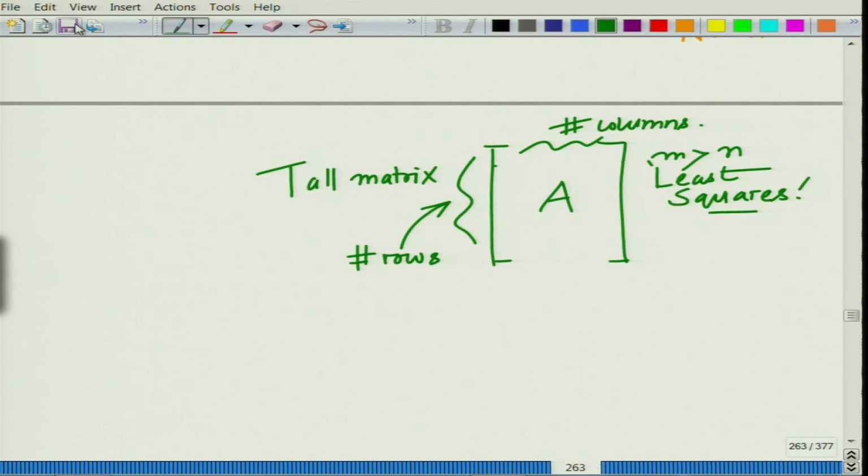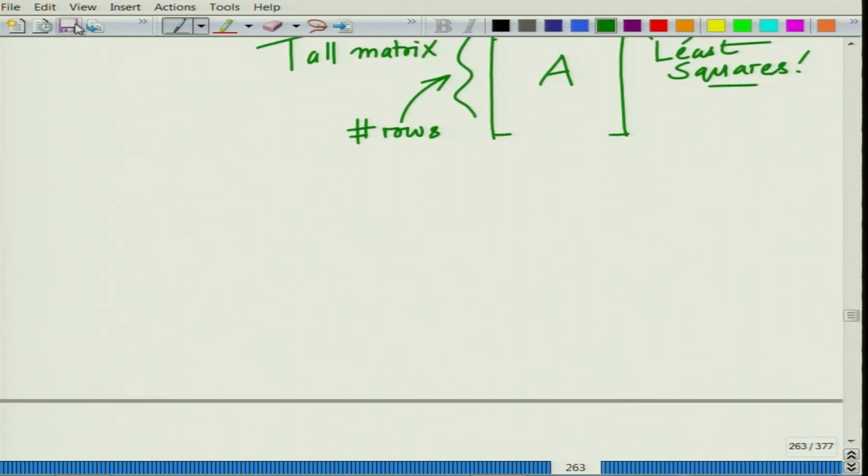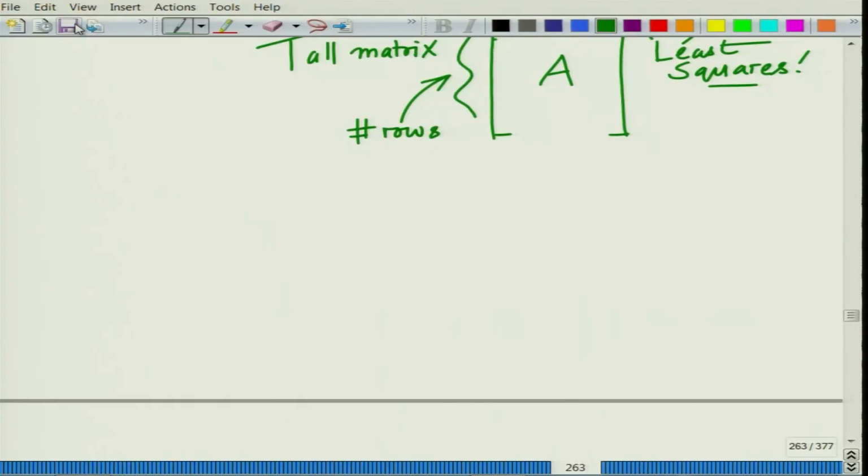So, it is useful to remember that least squares is usually associated with a tall matrix, and least norm is associated with a wide matrix. Okay. Now, coming back to our least norm,